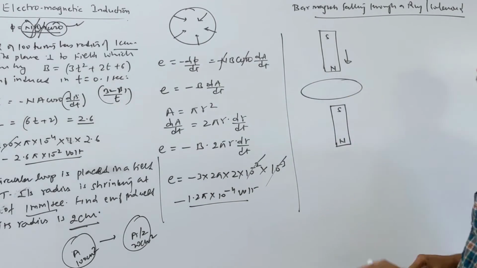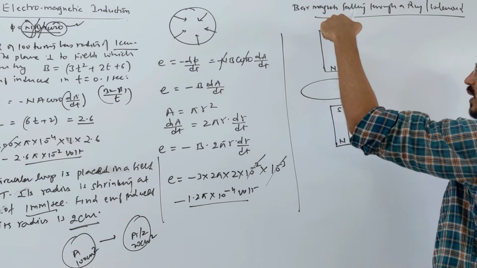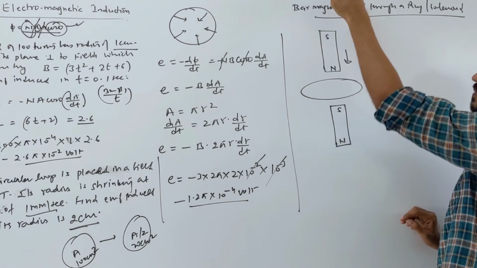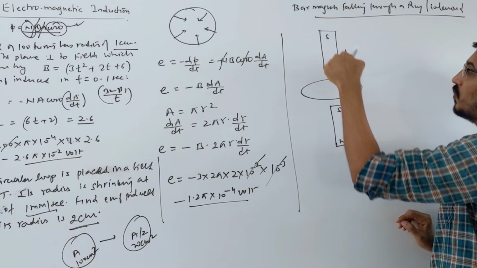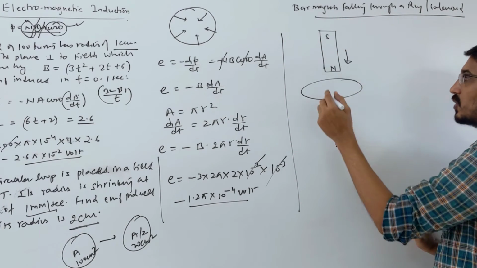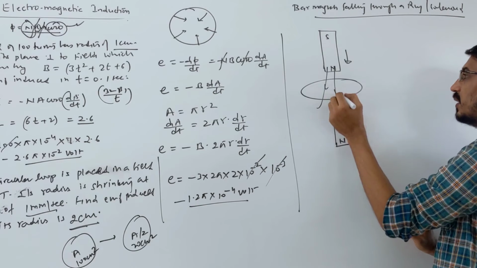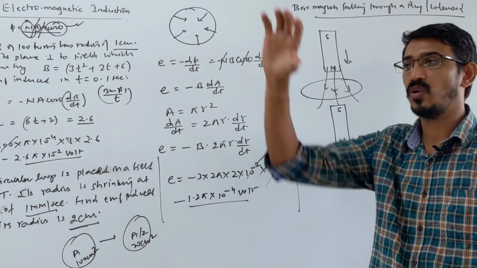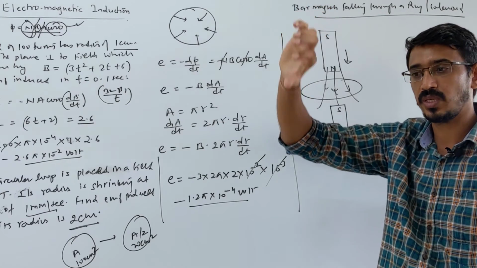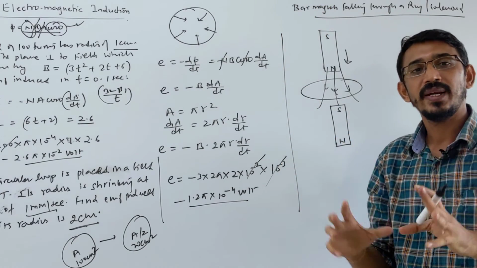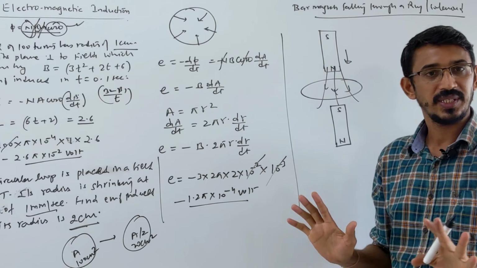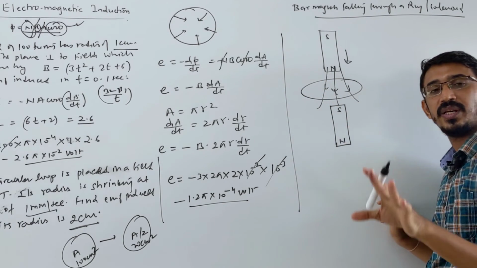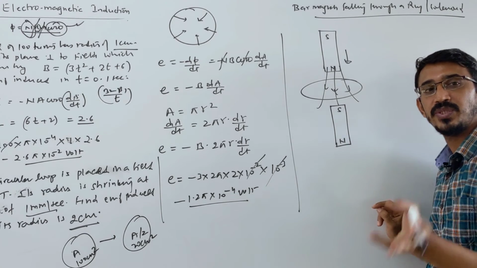So look here, when this magnet is falling, coming close to this ring, the ring is placed perpendicular to the board like this, and this magnet is falling through that ring. When it's falling here, this north pole is coming, so the north pole is producing a field like this, right? So the field through this loop is increasing, because the magnet is coming closer and closer. So the magnetic field due to that pole is increasing. So flux is increasing through this coil, which means an induced current will be there that will try to reduce this flux.